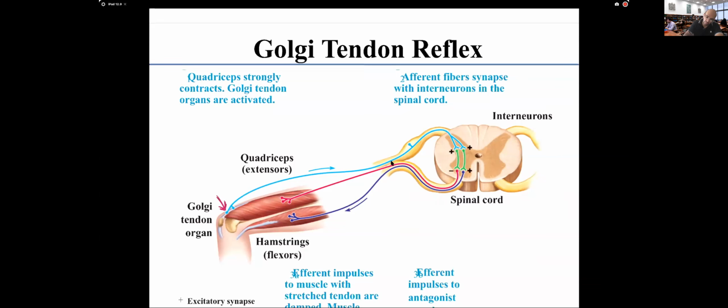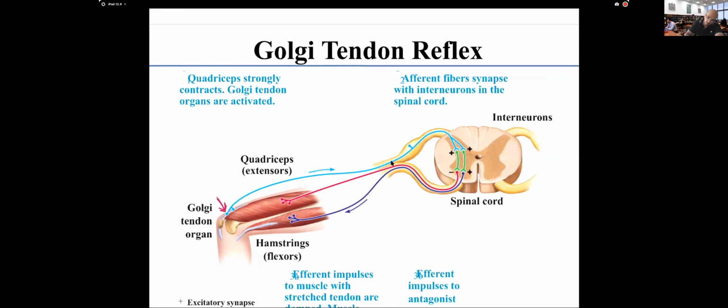So this excitatory signal is going to be integrated with two neurons within the spinal cord, one that allows an excitatory impulse to be created in my hamstring muscles, and one inhibitory impulse that will be created